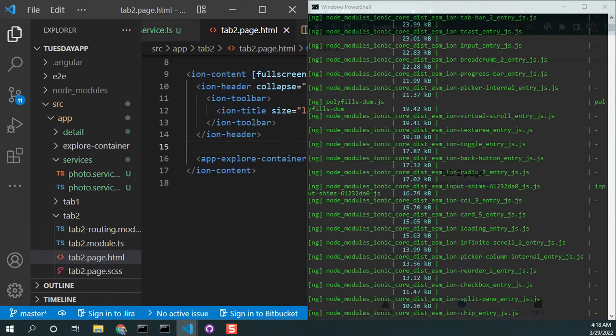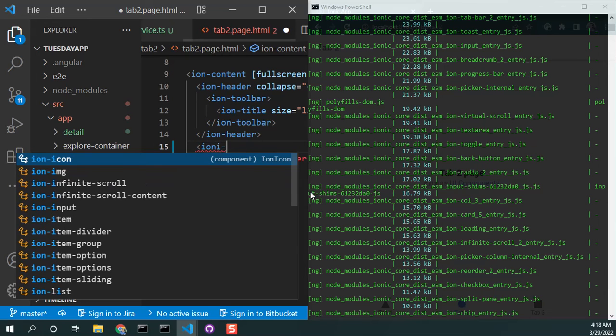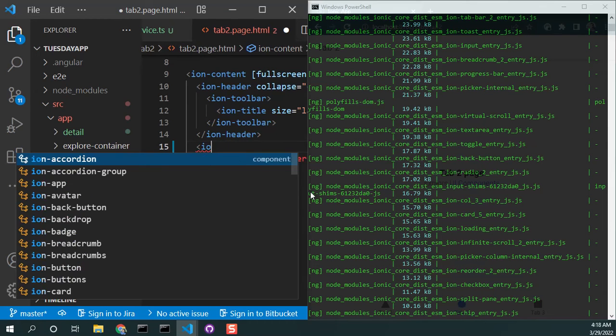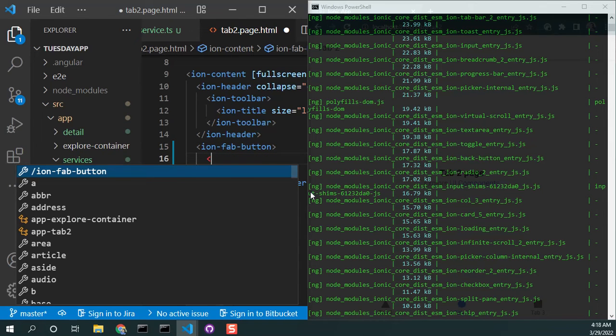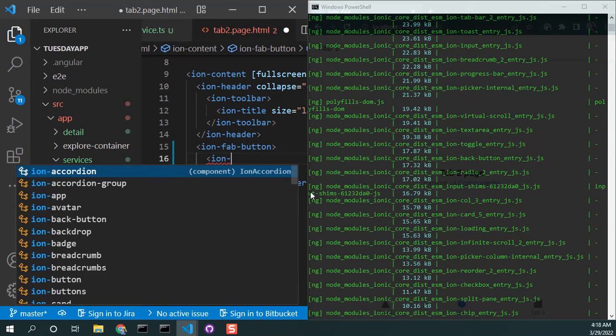So I'll hit Control-Shift-I and just look at the full page of this. I'm going to bring it over here, and as you can see, if I pull this over here and we make a change to the code, so maybe now in tab 2 page, we can see there's nothing there yet, right? So let's make a small change. In the tab 2 page, I'm going to add an Ionic component, so just like Ion title or Ion toolbar, in the Ion content section, I think above the App Explorer container, I'm gonna do a Ion, and we'll do a Fab button. So Ion dash Fab dash button, and that Fab button expects an Ion icon,